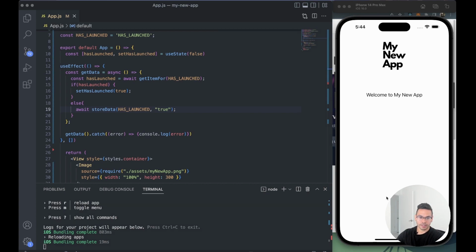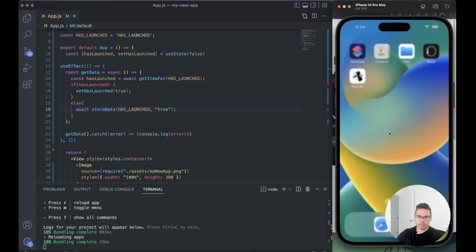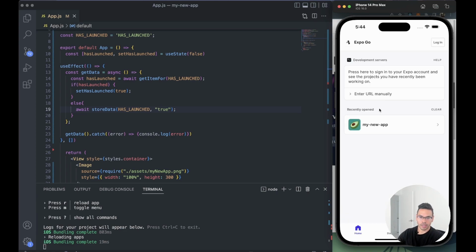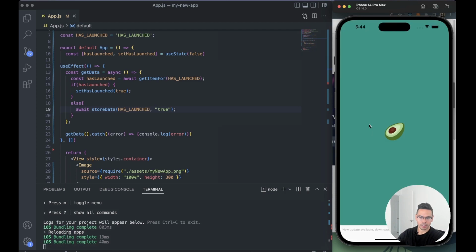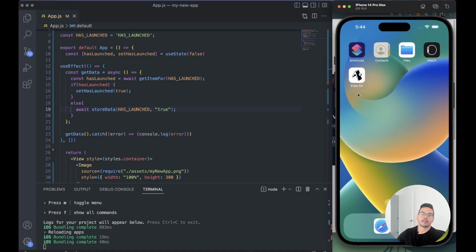If you take a look at this example here, we have our application running, but it's running within Expo Go. So if we close this here and go to Expo Go, once Expo Go builds, it'll show us our application with the icon so we can access the application and test it that way. But what if we want to show the app to other people in our team? Or what if we want to test our application from an icon outside of Expo as if it was just